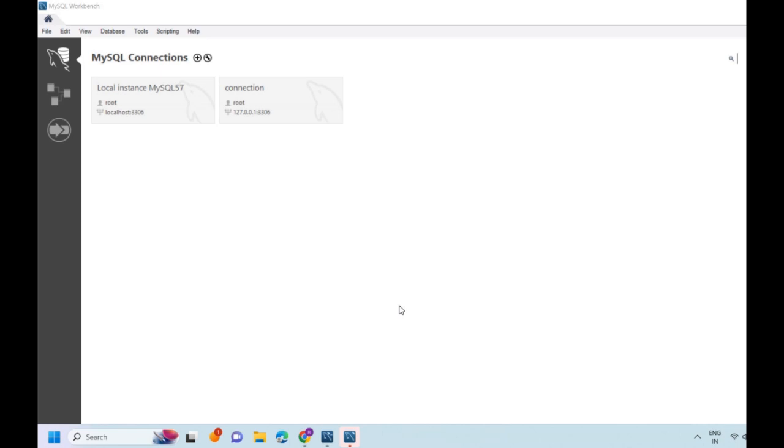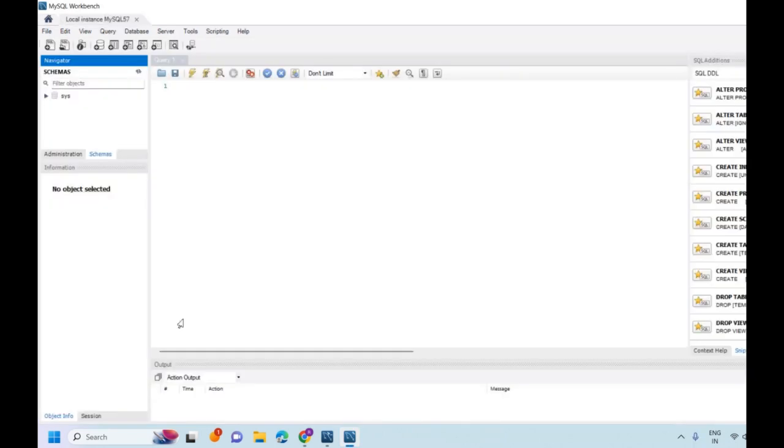I have completed my installation process, and right now I am at the MySQL Workbench homepage. And here I will click on local instance, and it directs me to my Workbench environment where I can start to work.